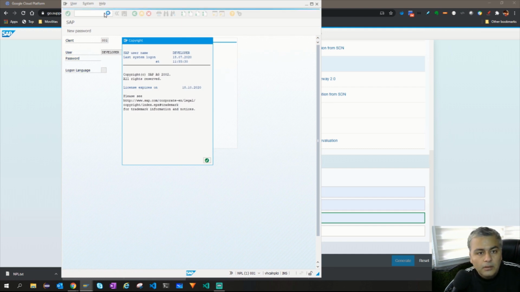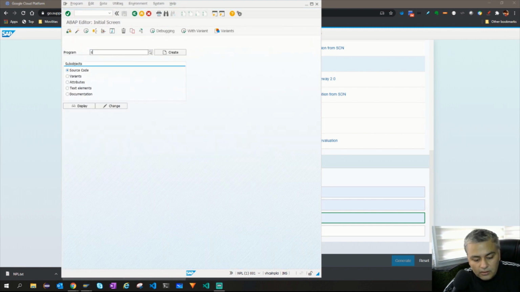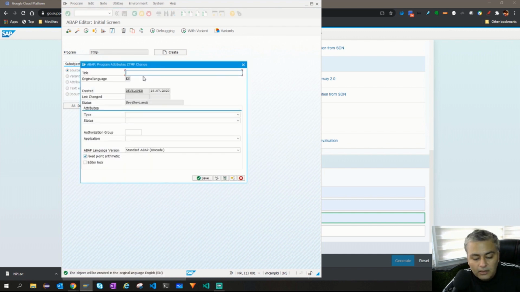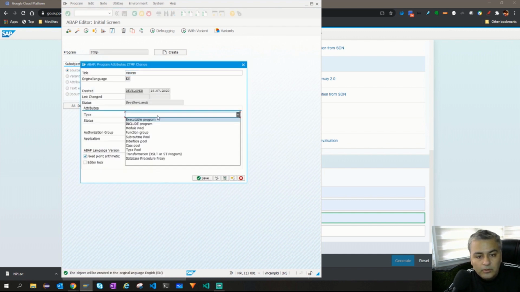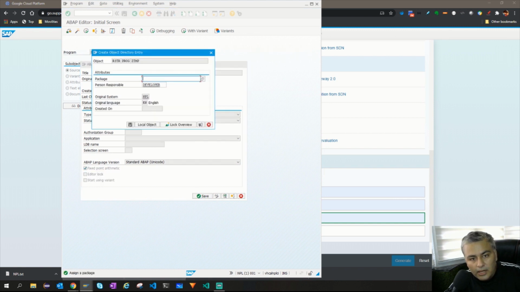And you are now logged in, and you can even create something. If I say jet temp, I hope it will not ask me for a dev access key. I can create a report also, right? And the package is local, and then we are done.